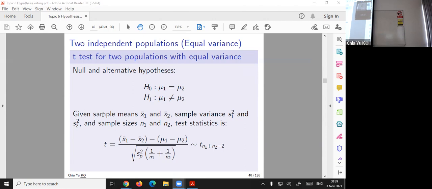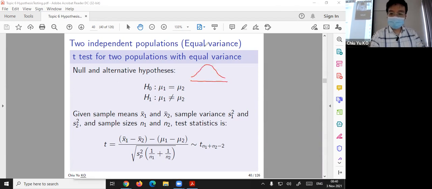But you can imagine this is normal, and the difference between two normals is still a normal. So just very roughly speaking, it's like this. Remember when we learned before,